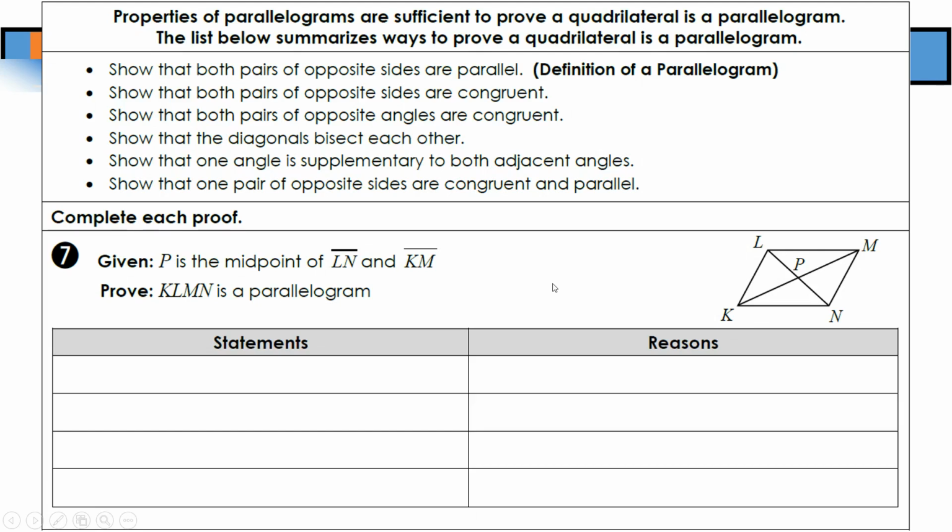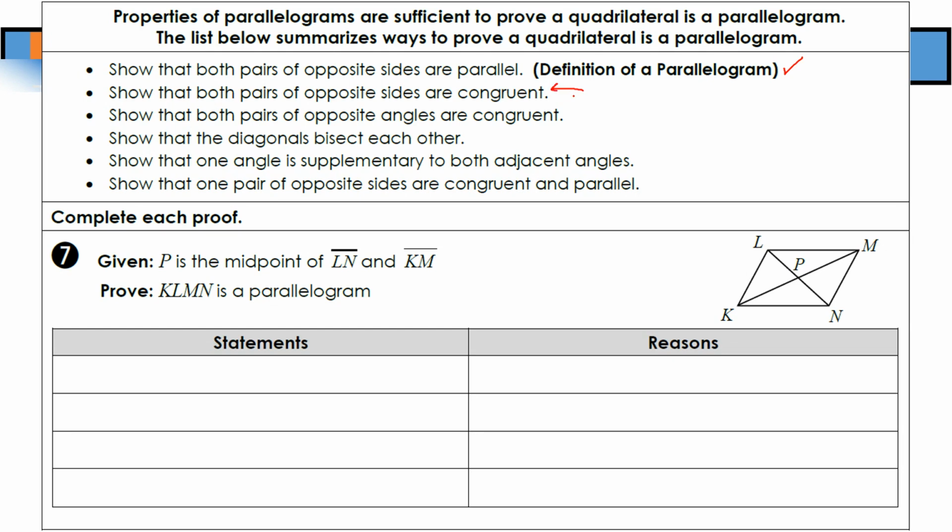All right, let's pick up with the second half of lesson 8.3, parallelogram proofs. At the top of the page, you'll notice what it says. Properties of parallelograms are sufficient to prove a quadrilateral is a parallelogram. The list below summarizes ways to prove a quadrilateral is a parallelogram. In part 1 of this lesson, we went back to the definition of parallelogram every single time. However, now that we remember all these other properties, we can use them to prove that a quadrilateral is a